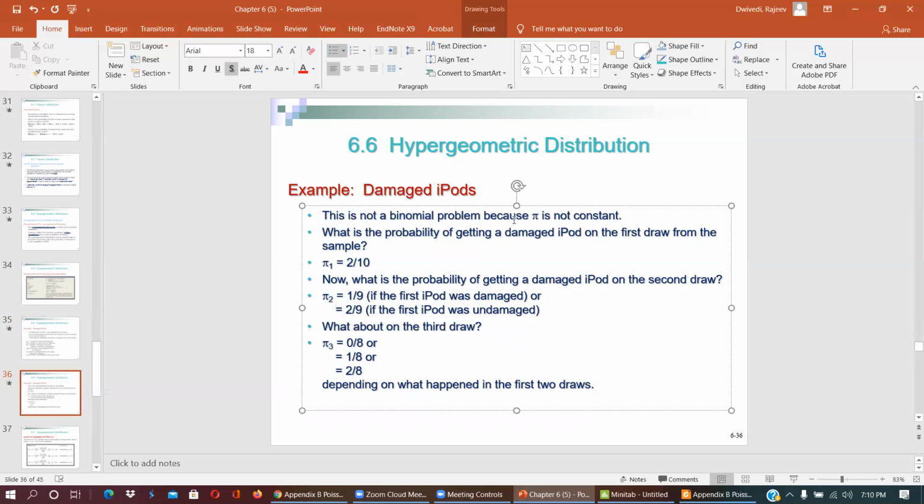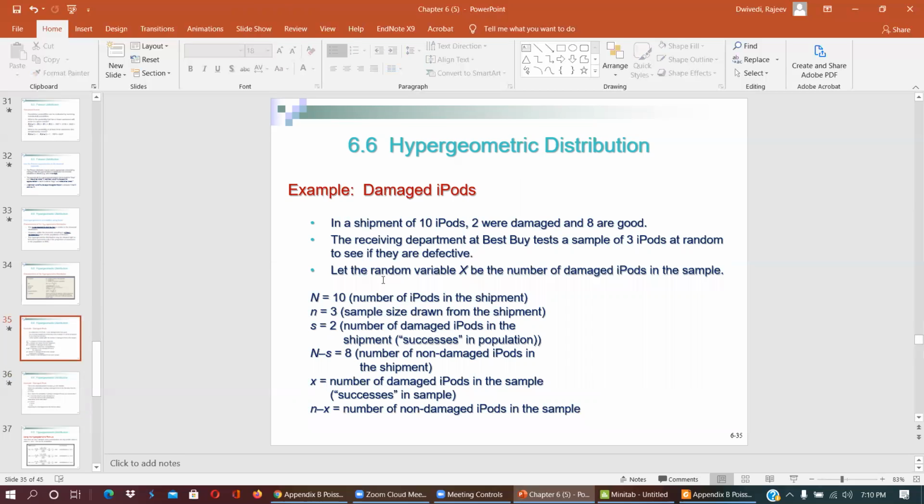Here, this is not a binomial problem because pi is not constant. What is the probability of getting a damaged iPod on the first drop from the sample? So pi is, so just look into this. The question is,